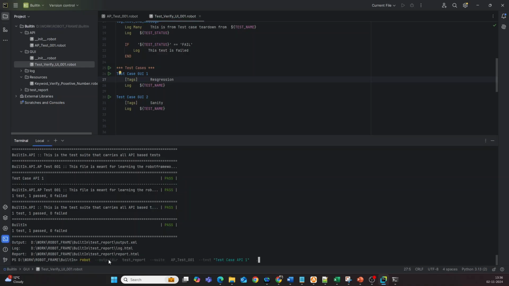What I will do, I will remove all these command line options from here, and I want to execute only the tags with the regression or tags with sanity. For that, I will be using the command line option called include sanity, right? Include sanity. So it will now search for a tag which has sanity, collect